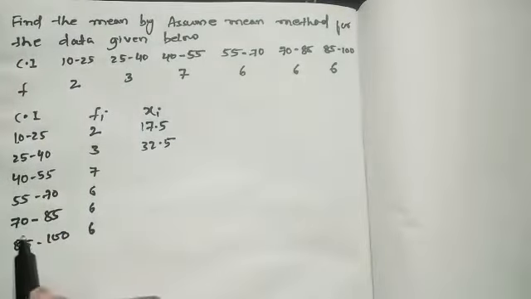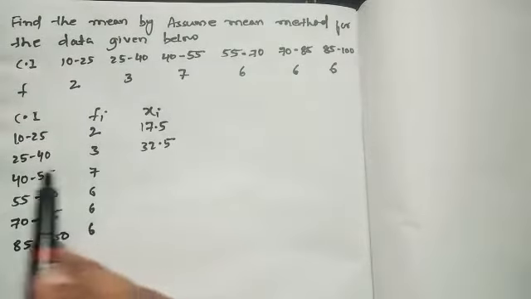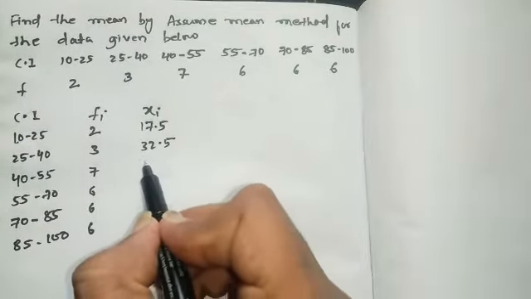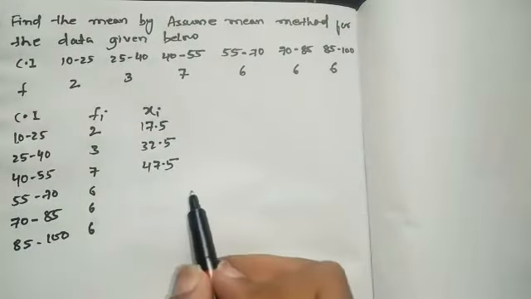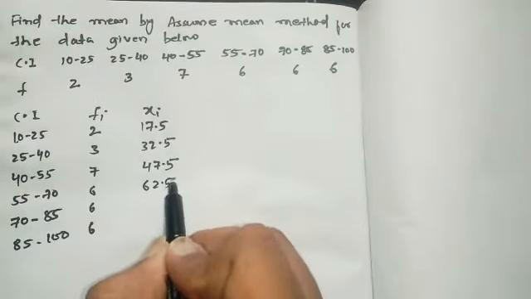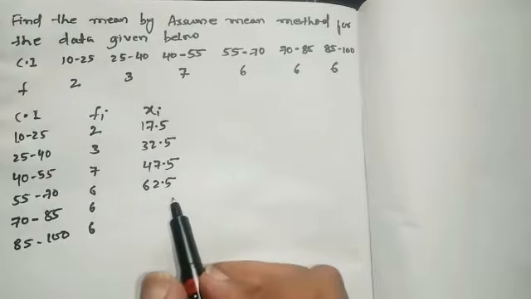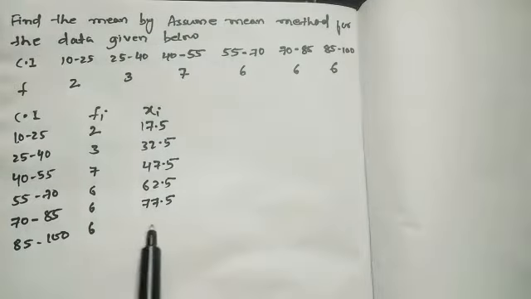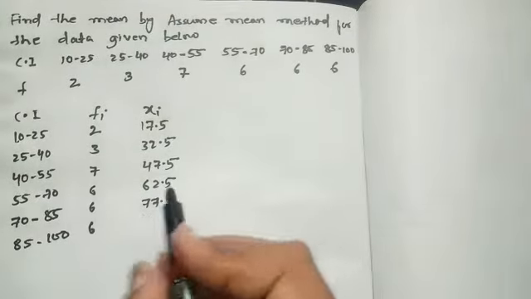For all the values, the same thing we have to follow. Upper limit plus lower limit divided by 2 will give you xi. 40 plus 55 is 95. 95 divided by 2 is 47.5. 55 plus 70 is 125. 125 divided by 2 is 62.5. 70 plus 85 is 155. 155 divided by 2 is 77.5. Then 85 plus 100 is 185. Divided by 2 is